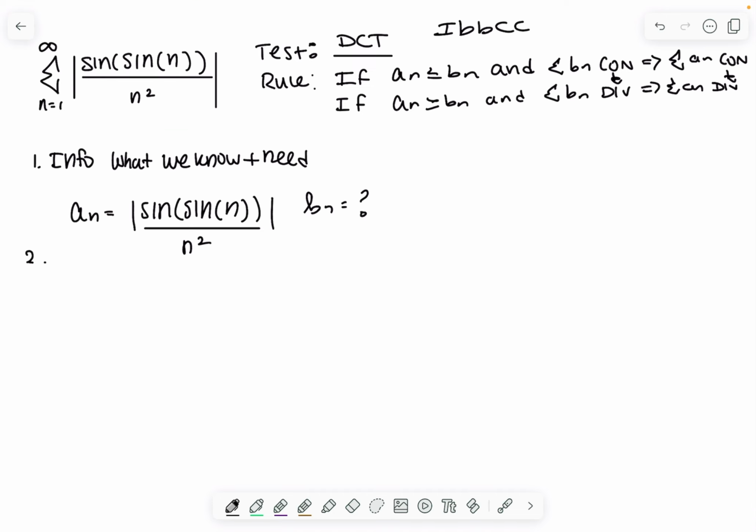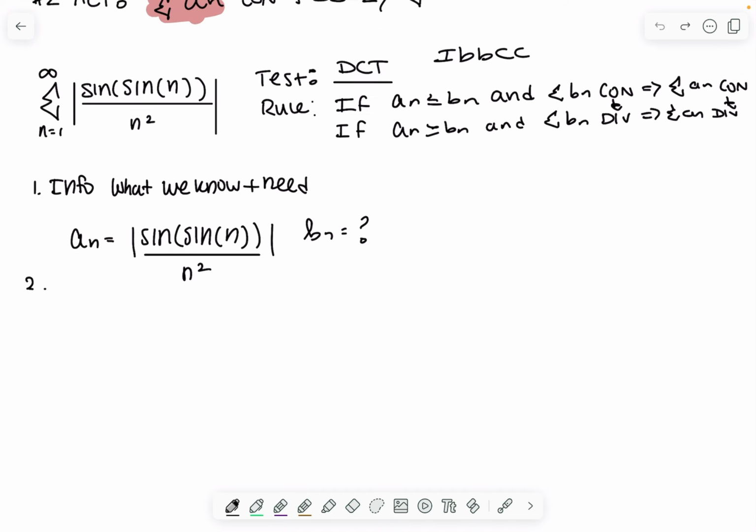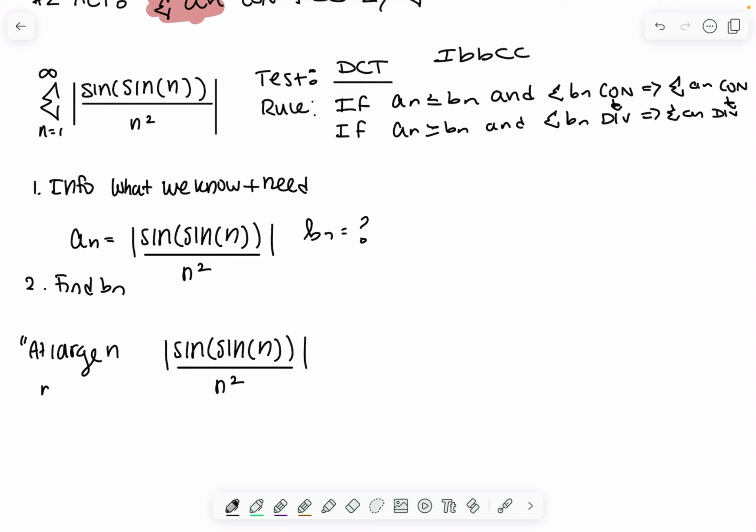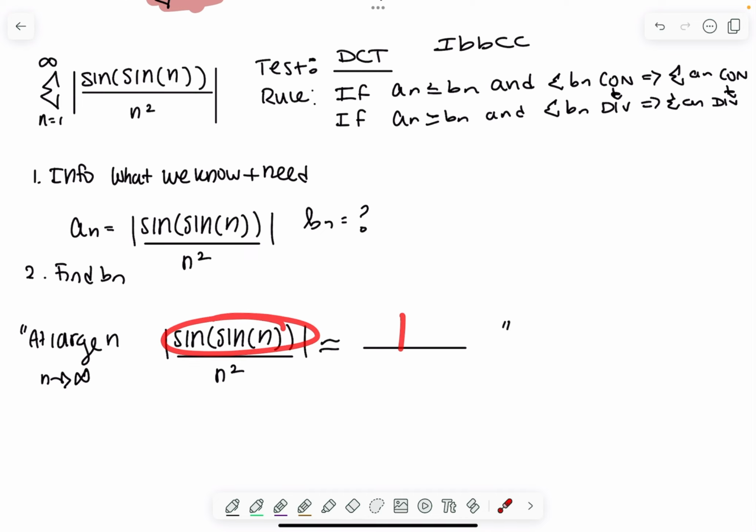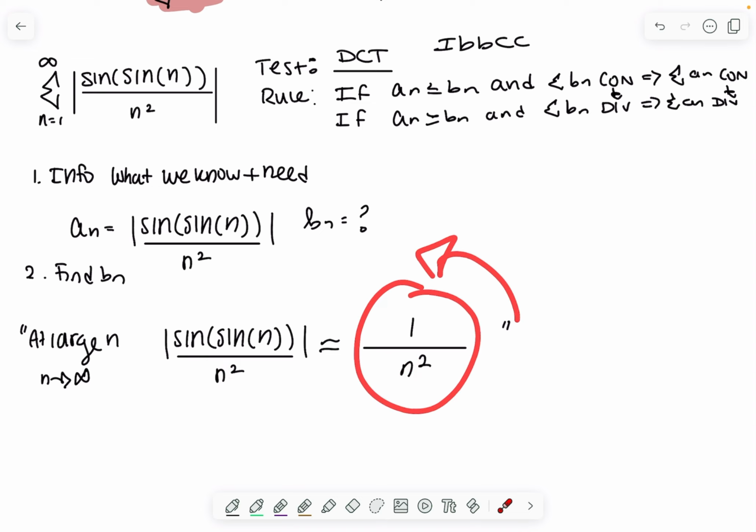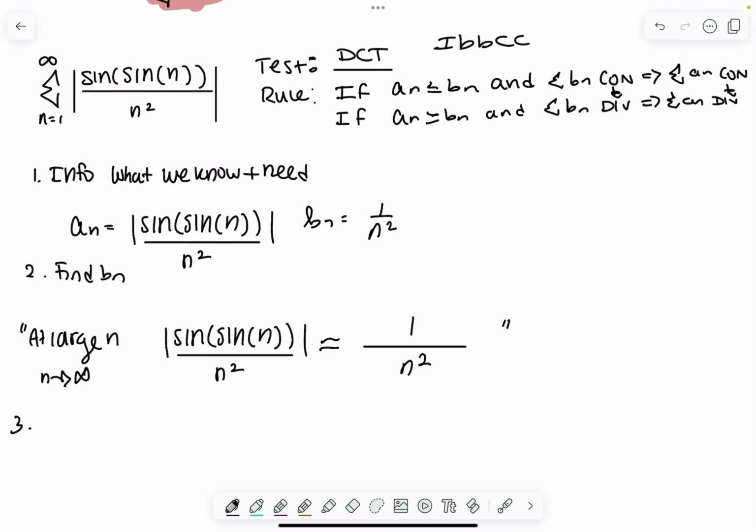Well, that goes into our second step, which is find B of n. So the way I do this is I take my A of n, and I ask myself at large n, so basically when n goes to infinity, this becomes what? Basically, we're asking what becomes insignificant as n gets really, really big. Well, again, anytime I see trig, that just becomes a 1. And then we can leave the n squared because if we plug in infinity, that's obviously still going to be very significant. And so that is our B of n,